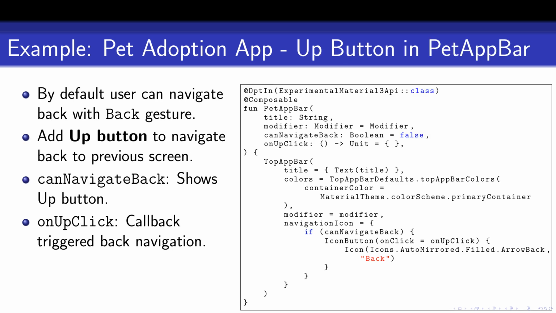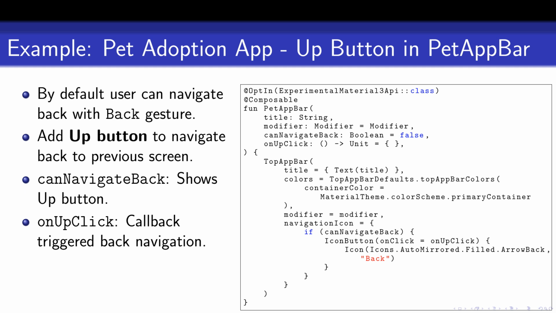By default, users can go back using the Android system gesture or Back button. But for a consistent experience, we can add an Up button to our app bar. This button appears when a user is not on the home screen. The canNavigateBack flag controls whether the button is shown, and the onUpClick callback defines what happens when